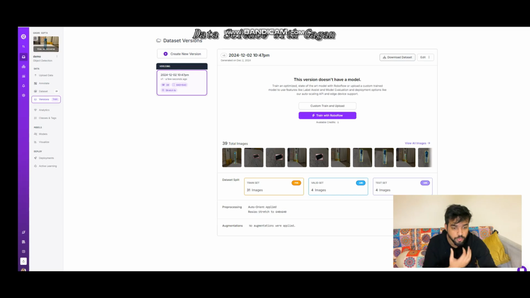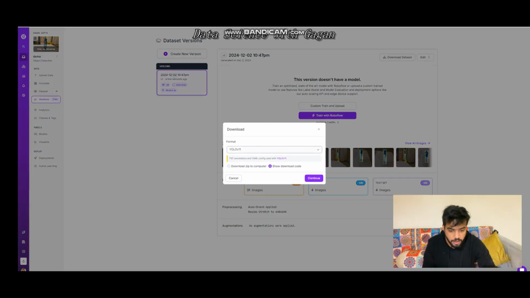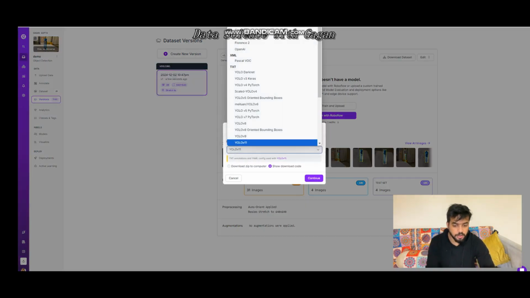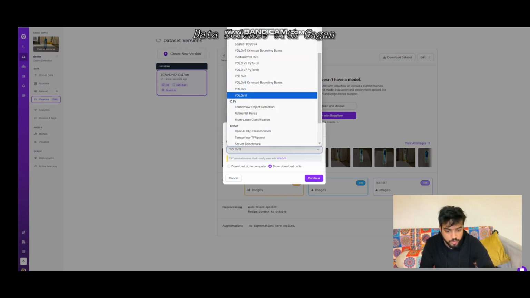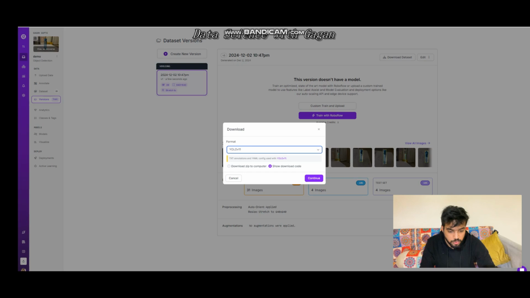Now what we'll have to do is download this data set. As I was telling, we can select any format that we need. So we want it for YOLOv11. Here we have two options. One is we can download the zip directly, or